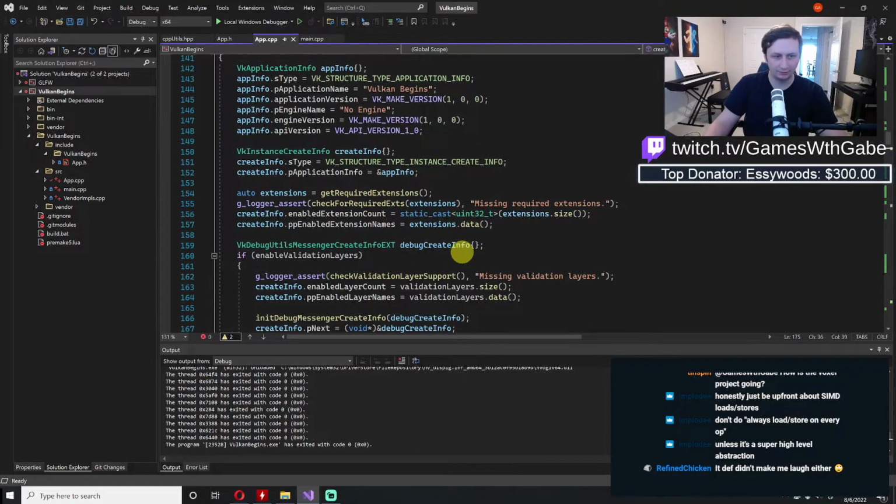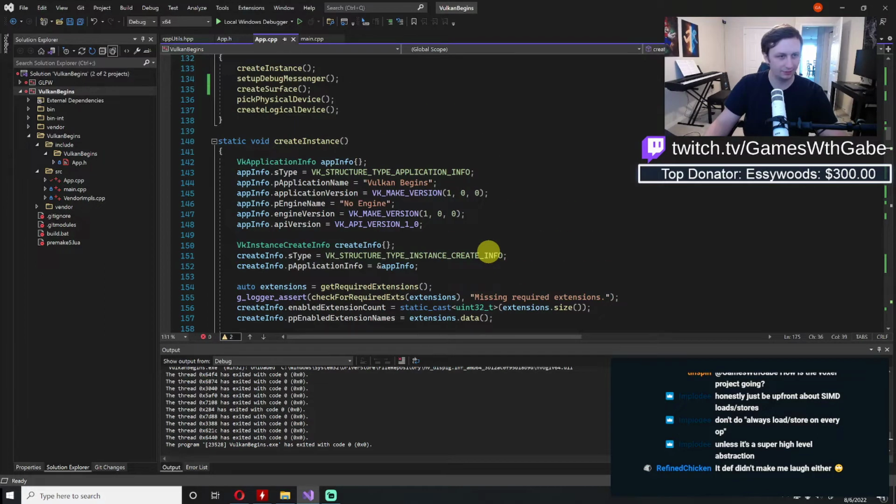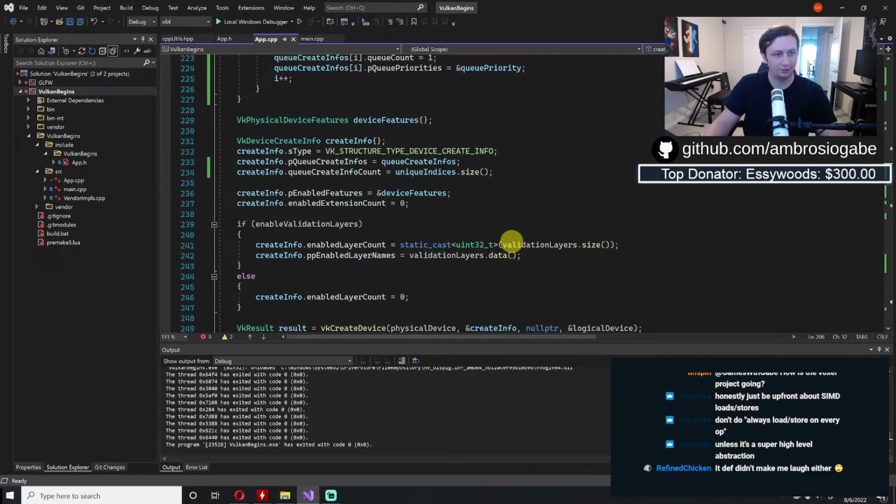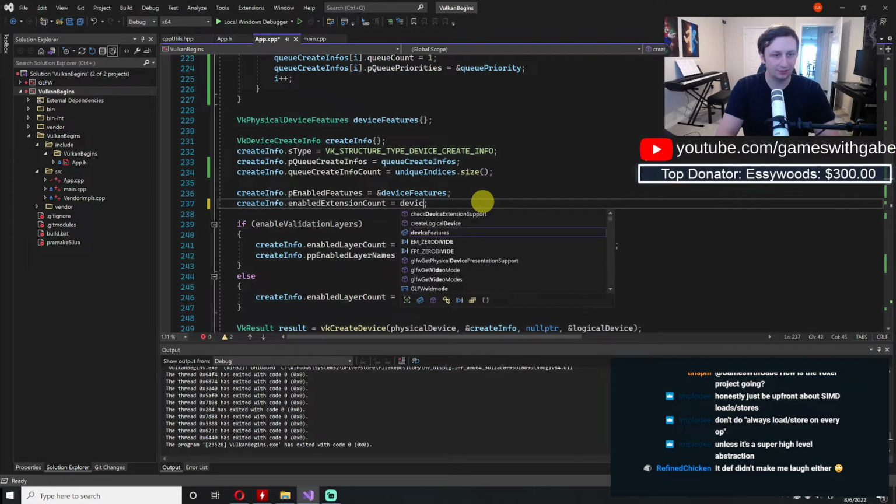Where do I create my device? I don't like this setup. Oh, I'm looking in create instance. Okay, so if we go through create logical device, there should be a create info here. Okay, I see it. So then here we want to say enabled extension count equals device extensions